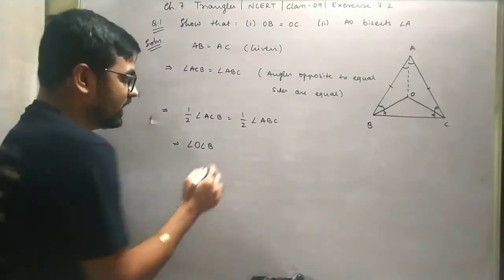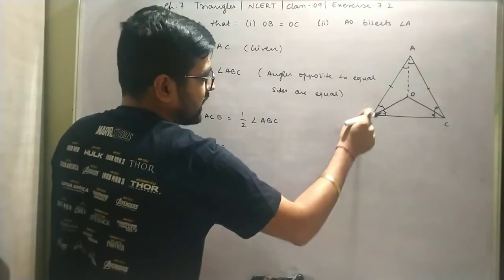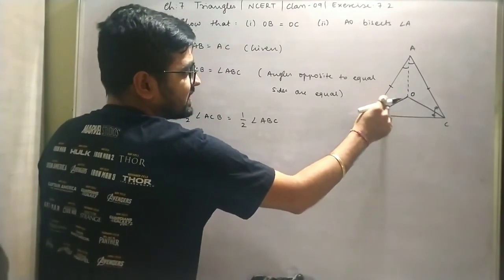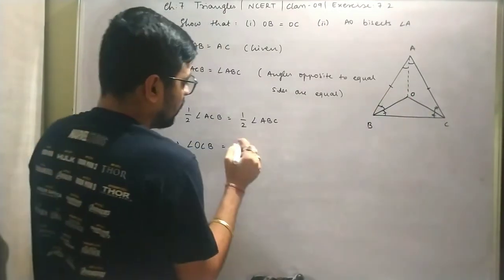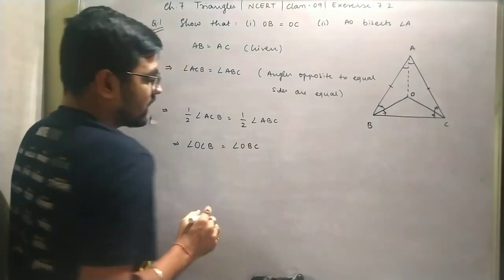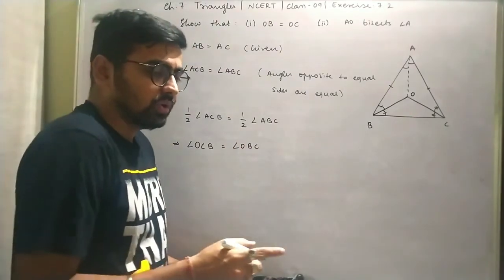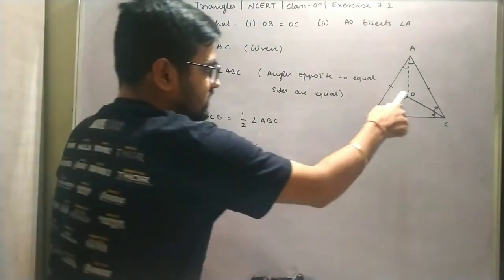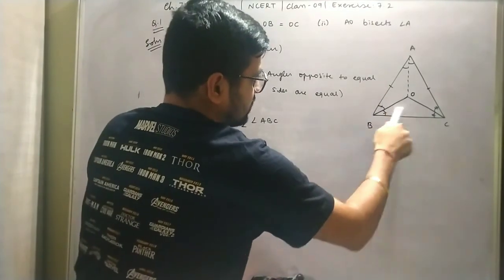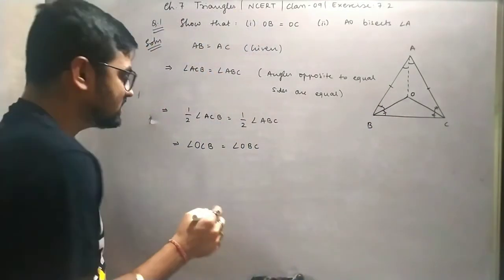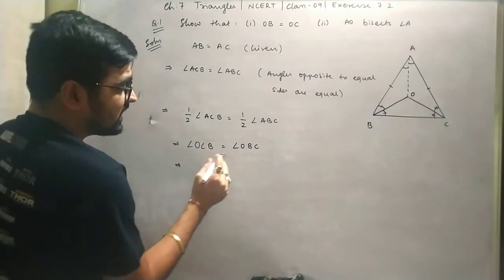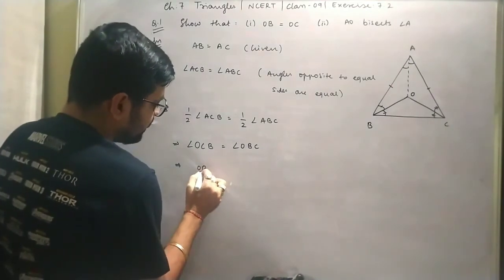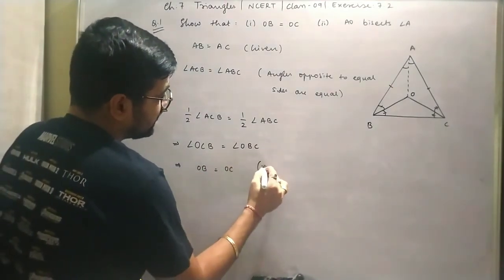Angle C ही आएगा. And half of ABC, half angle, is going to be OBC. Because again it's a bisector, so both of them are equal, so I am going for OBC. And in a triangle, if two angles are equal, you can understand here these two angles I got equal, OCB and OBC. So if two angles are equal, that means their opposite sides are equal. For OCB, the opposite side will be OB, and for this the opposite side is OC.